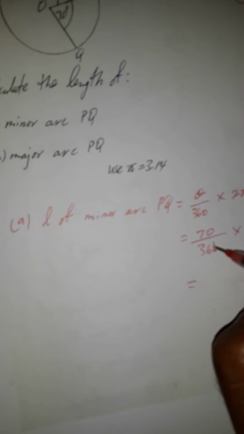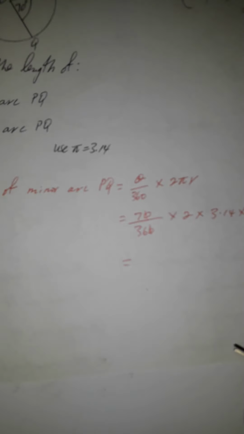Good, so theta in this question will be 70 over 360 times 2 times pi, which is 3.14, times r, which is 7.2. Alright, we don't have much to cancel. I can just take off this 0 with that 0 there,